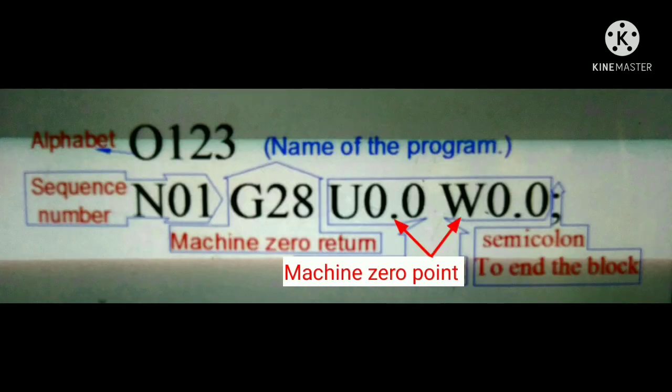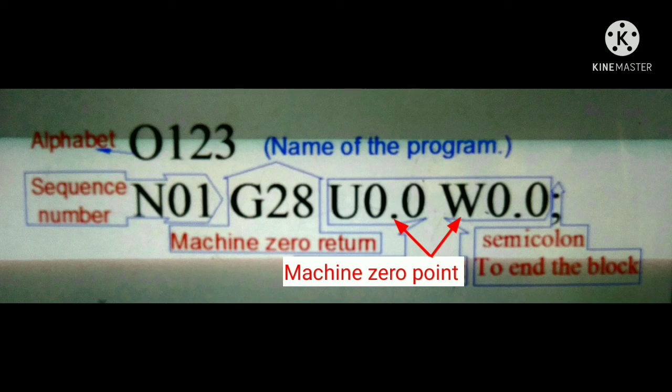Next is the sequence number, and for this I write N01. You may use any number instead of 1, but why do we use the sequence number or line number? If there is any mistake in our program, then we can identify it easily according to the sequence or line number.